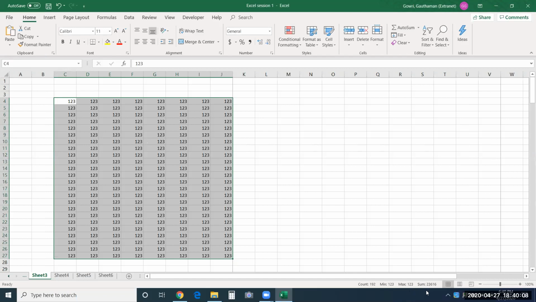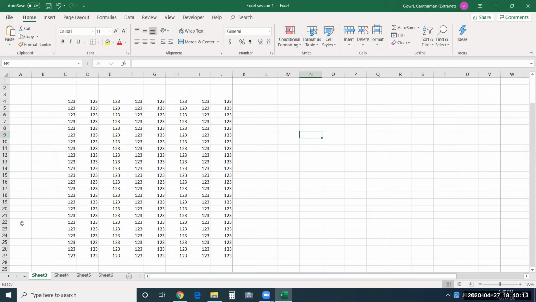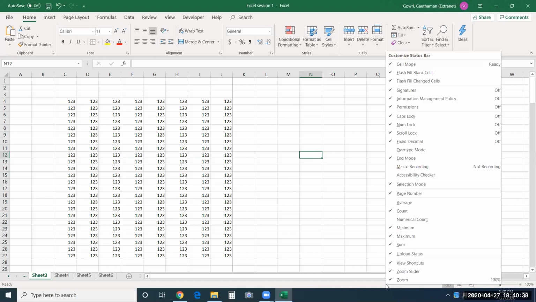This place is known as the status bar. As soon as you select any cell, you see Ready in the left hand side far corner. It only means the cell is ready for any editing. You can edit that cell. Along with this, you have a lot of other options that you can see in this status bar. Just right click on it, you get a huge list here.